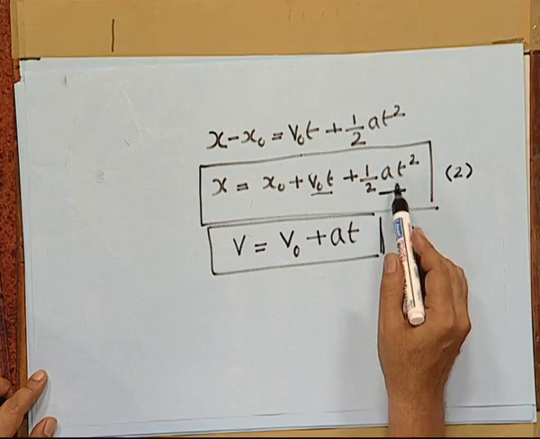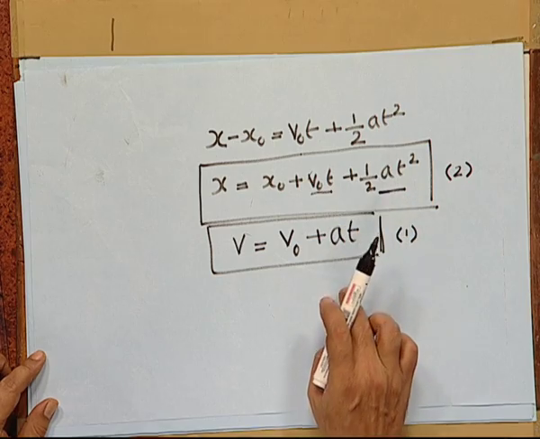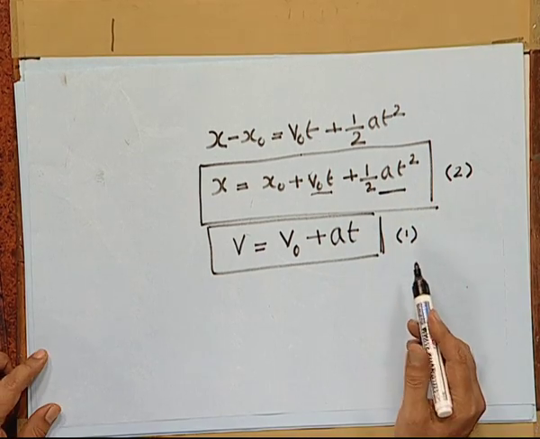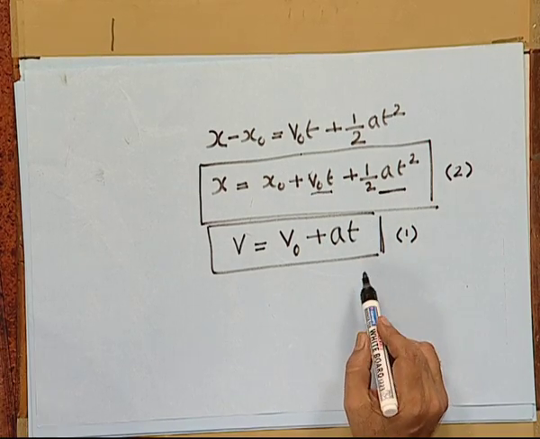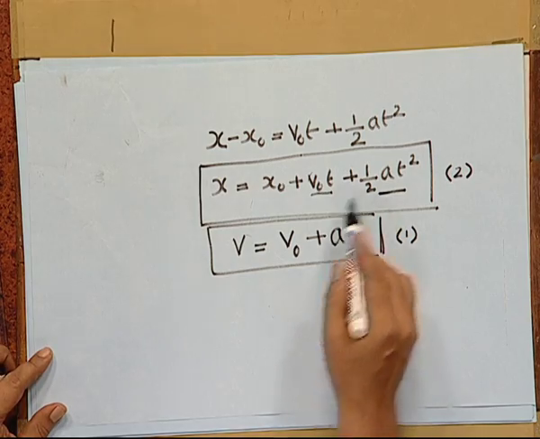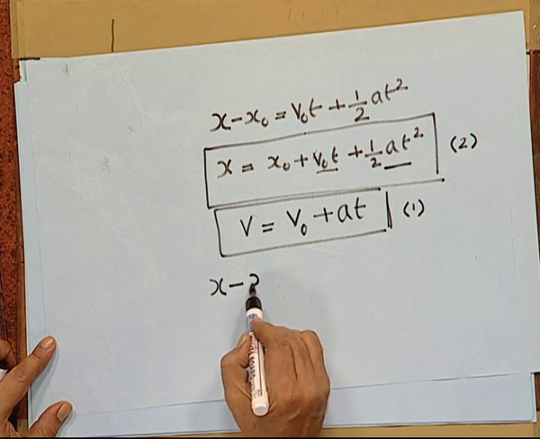Now, in these two equations of motion, we have time as a variable. Now, if you want to relate these two, removing time as a factor, then how are x, x naught, v 0 and a related? If you remove t by eliminating t in these two equations, we get the relationship for x minus x naught,